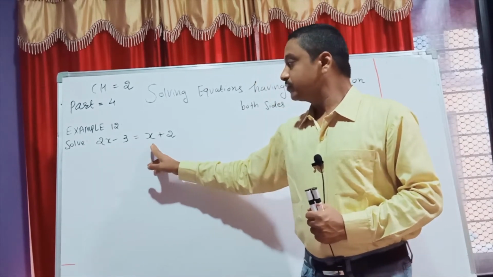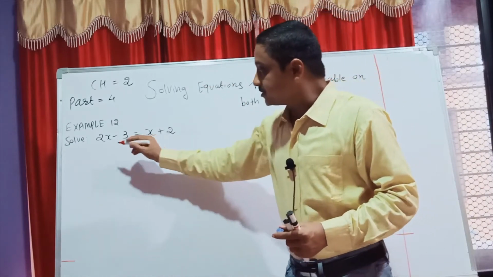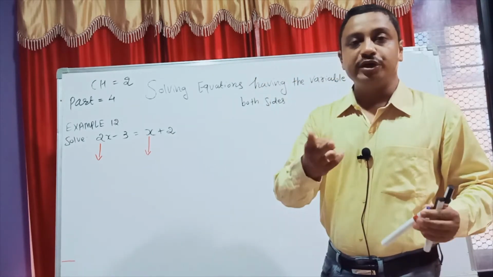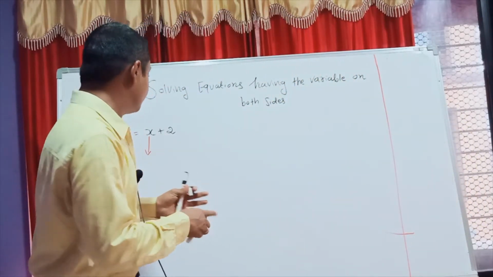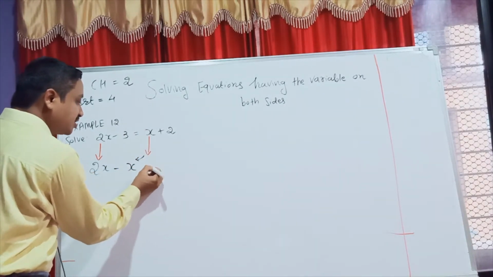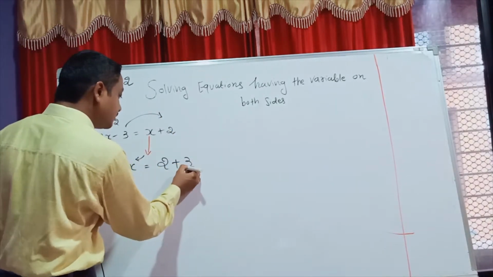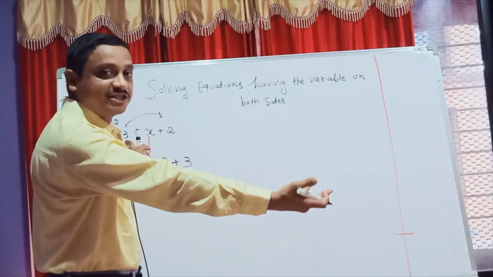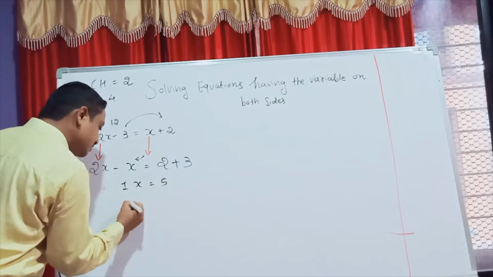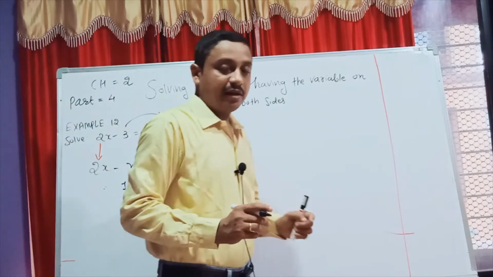2x minus 3 is equal to x plus 2. I am just telling about these two are the variables. This one variable and this one variable. So students, you make the joining for both variables up to the same side. So 2x, this x taking right side to left side, it means the symbol changes. And this 3 converting left to right side, it means 2 plus 3, because minus 3 I forwarded to right side. Now 2x minus x, it is 1x. And here 5. So you get only x is equal to 5. And that's your simple answer.